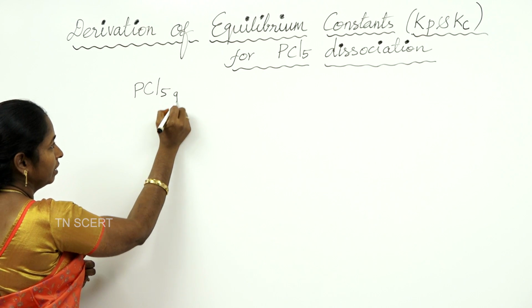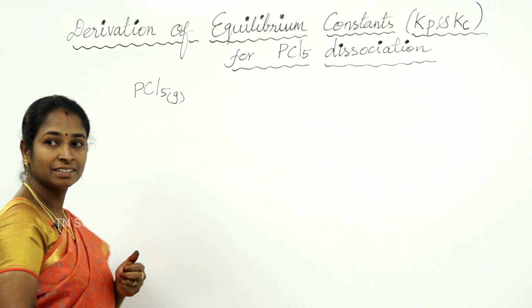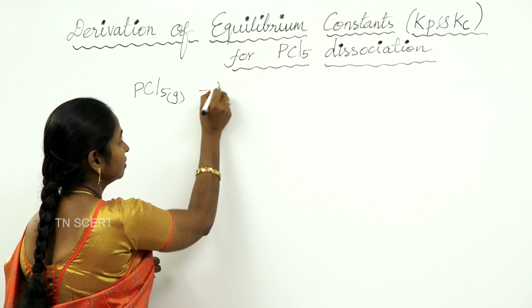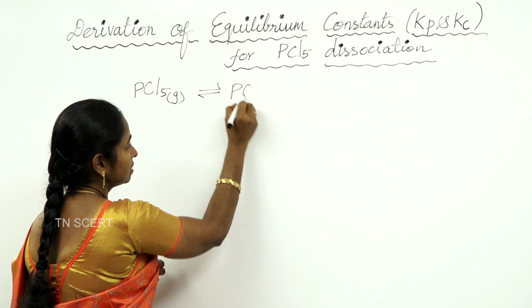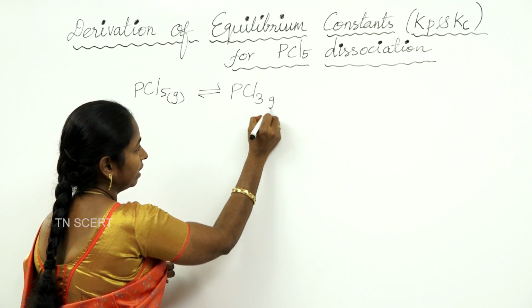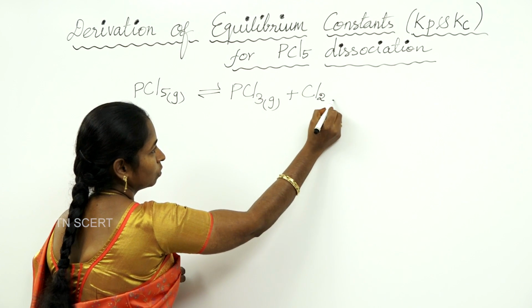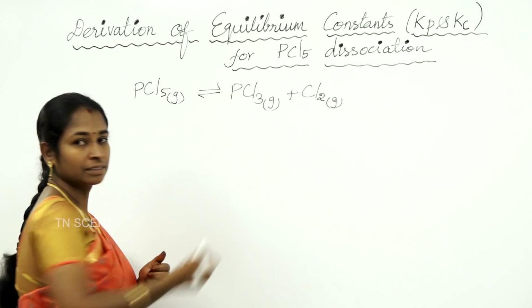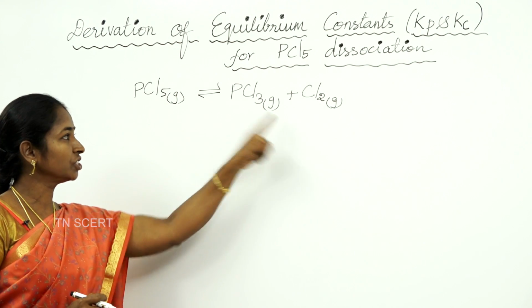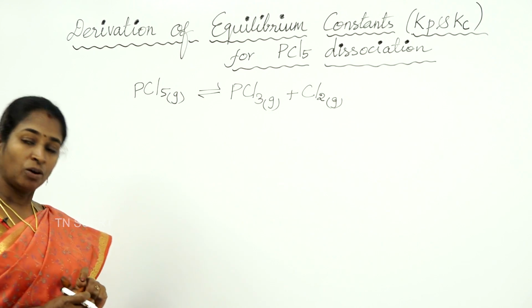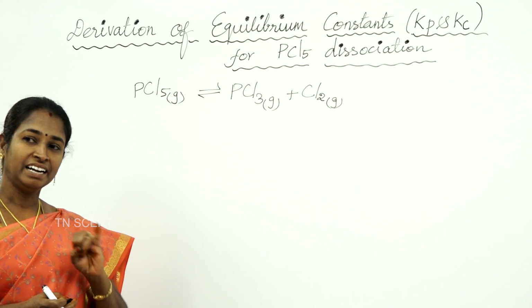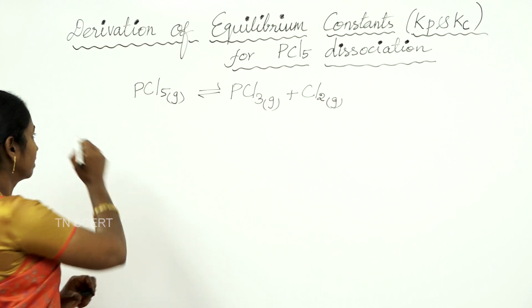PCl5 gas is in equilibrium with PCl3 gas plus Cl2 gas. For this dissociation equilibrium, now let us calculate delta Ng value,